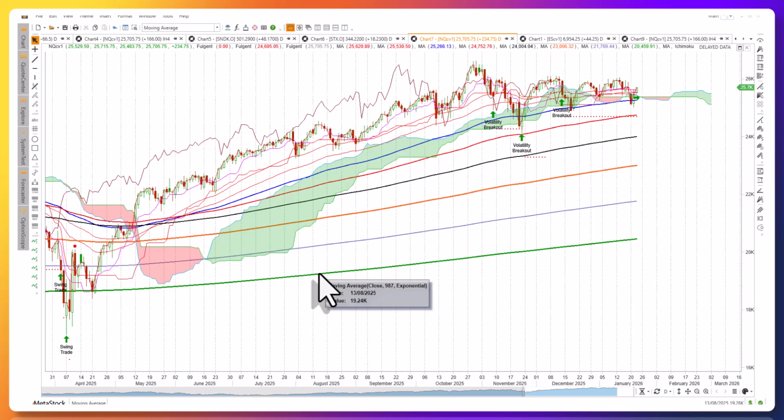Good morning, traders. Richard here with a quick Ichimoku Cloud Chart market review and AI review of the Nasdaq 100 E-mini futures contract. Now, it's been a great couple of months trading the futures contract using artificial intelligence. Some great swing trades. Captured a really big move in the futures,